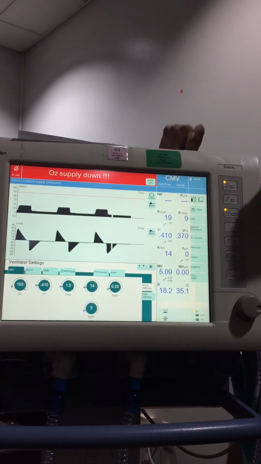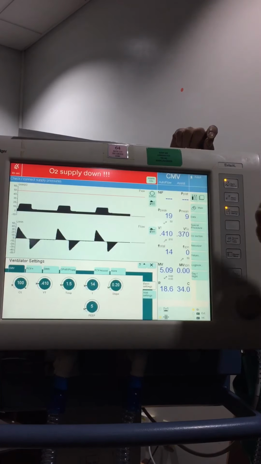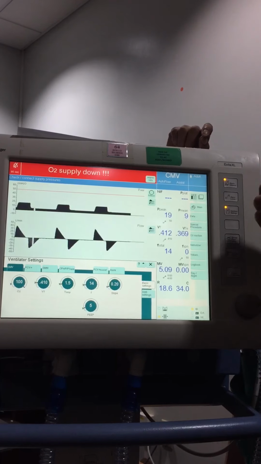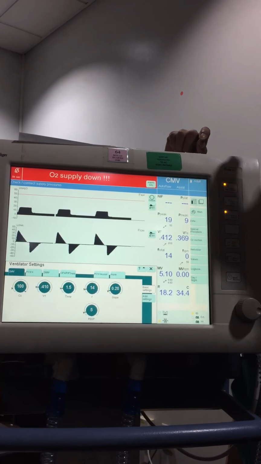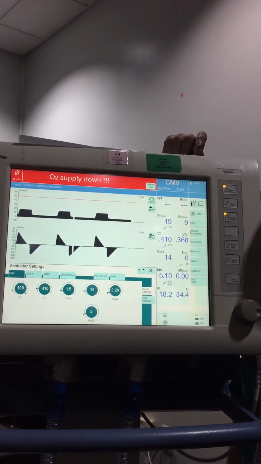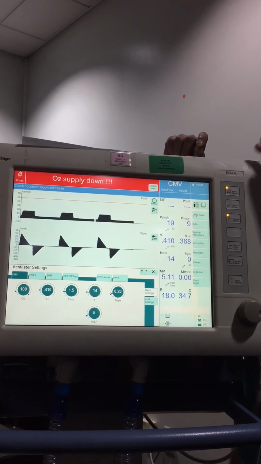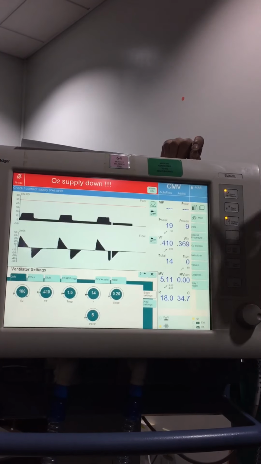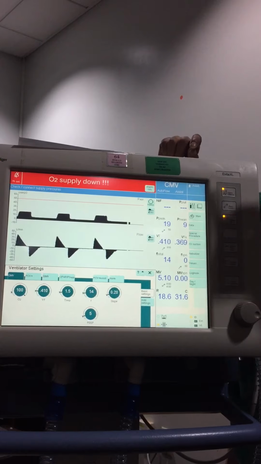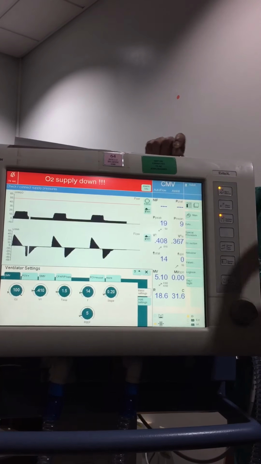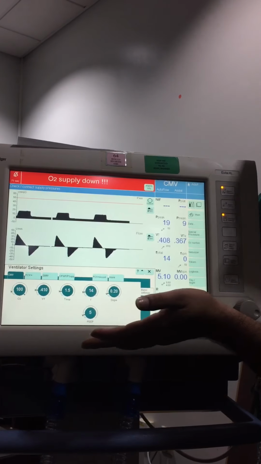It's not easy to increase, and it's not easy to decrease. Keep it in mind. Once you increase, you have to come down gradually. Increase gradually, not abruptly, not 5 to 10. Go 5, 6, 7, 8, and then 10, 9, 8. You have to be very careful to manipulate your PEEP level.